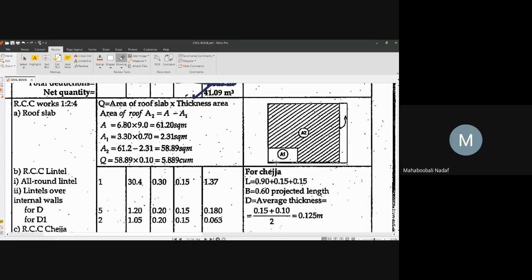Yes, sir. Some portion is taken out. So now what you have to do? You take the full rectangle, out to out, minus that small portion which is not hatched. If you deduct that one, you will get the RCC quantity of the total roof slab. Yes or no?